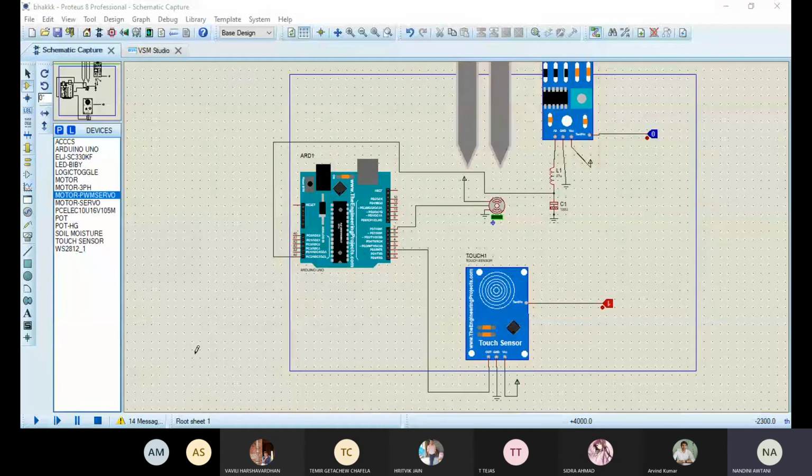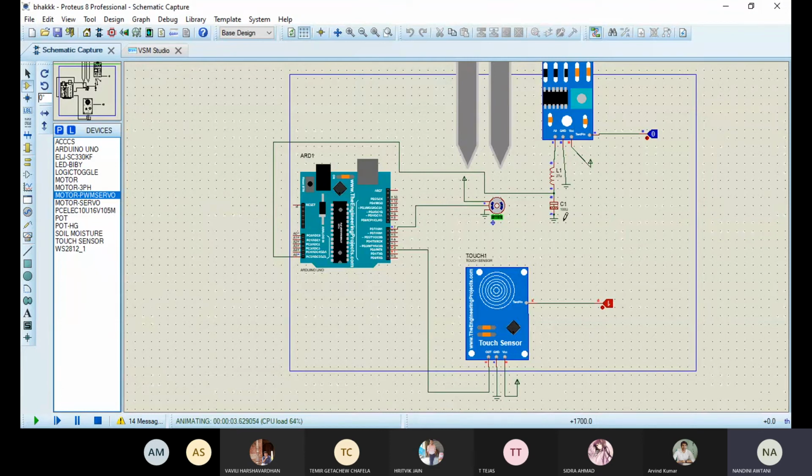Sir, I will be moving on to the simulation part. Here I have kept one of the touch sensors as high, so my motor has rotated in the anti-clockwise direction, depicting that the trash on the head will be shifted towards one container.